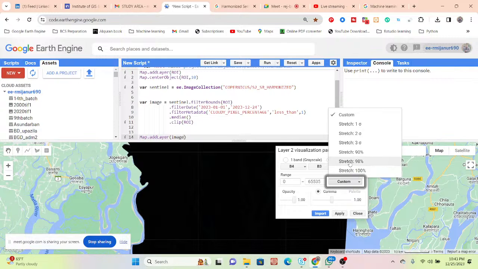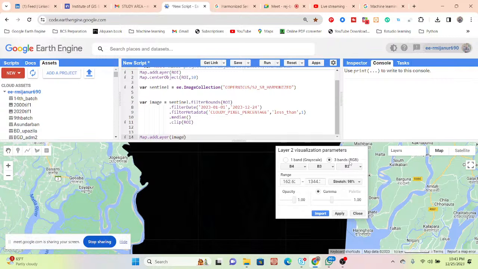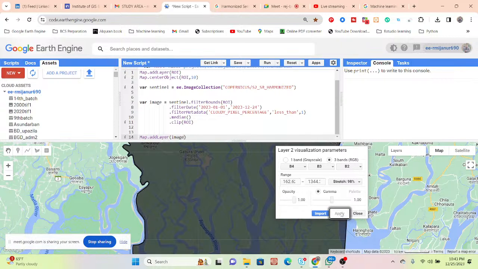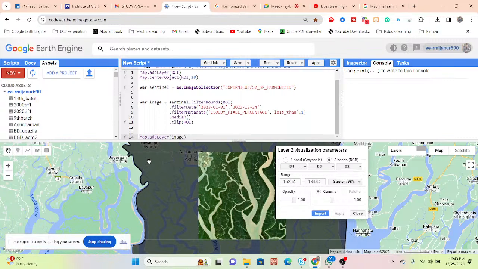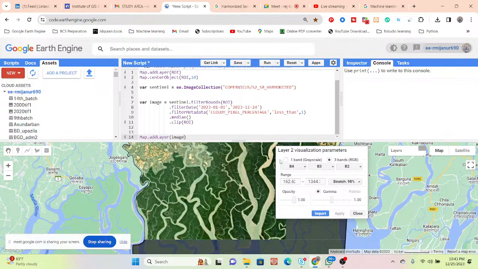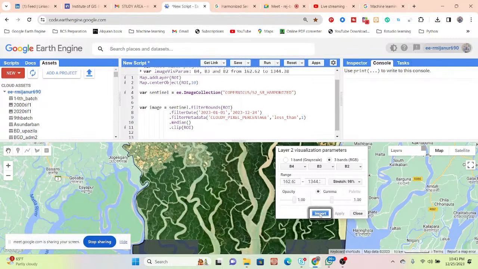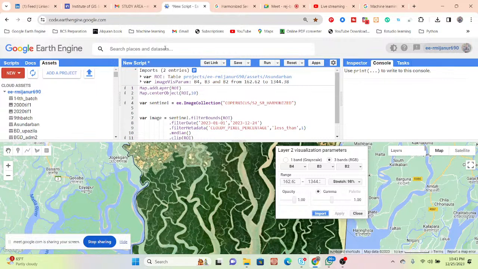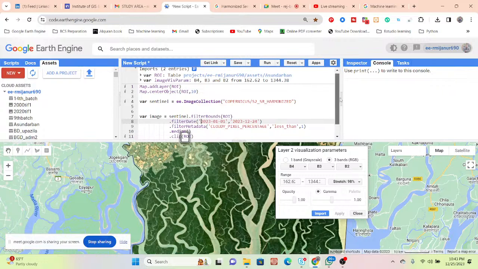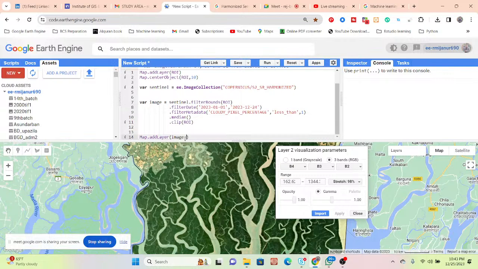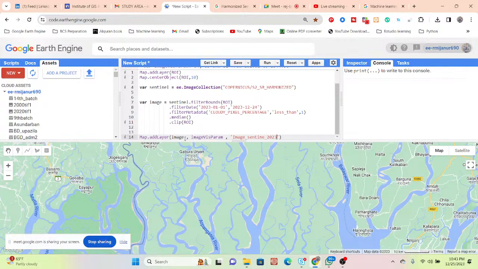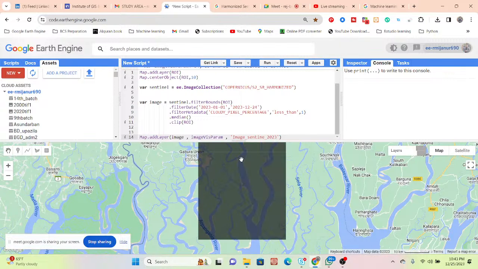Then custom stretch 98%, and apply. Now the visualization is set. I import this visualization, paste it here, and give the layer name, suppose image Sentinel 2023.